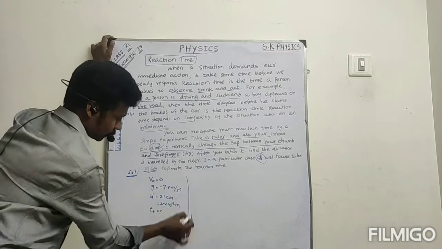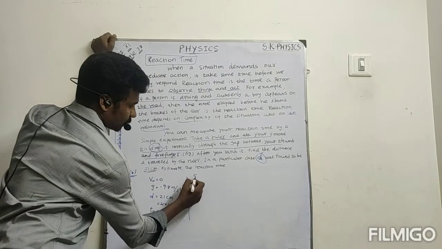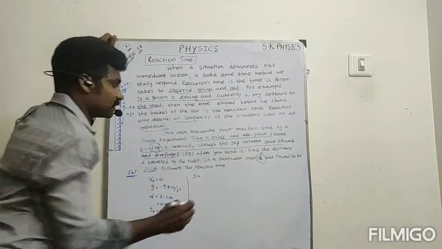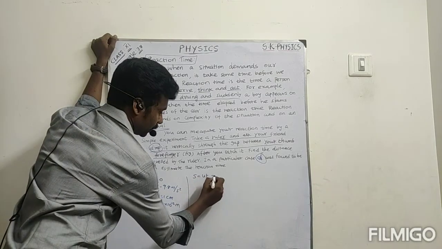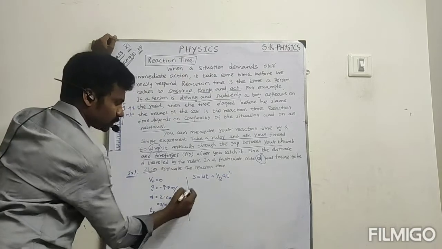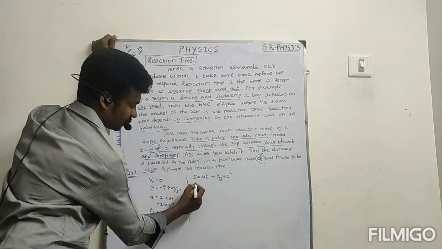So reaction time you are going to calculate. Very simple. See that you know the formula. There is a relationship between the position and the time from equations of motion: S equal to ut plus half at square. So we can write S, which is nothing but the distance covered,